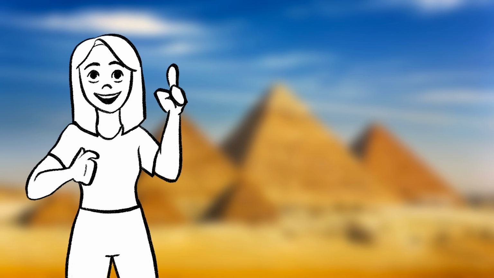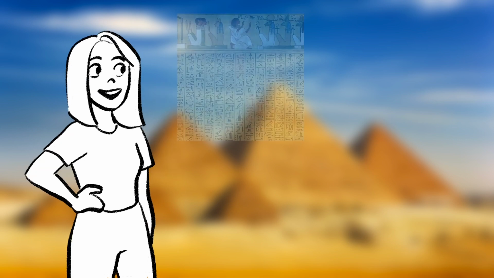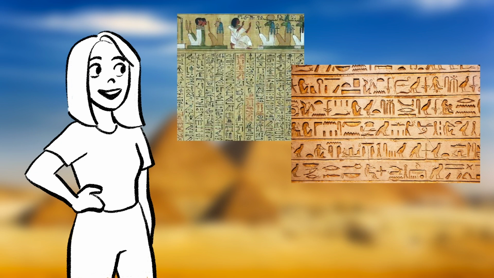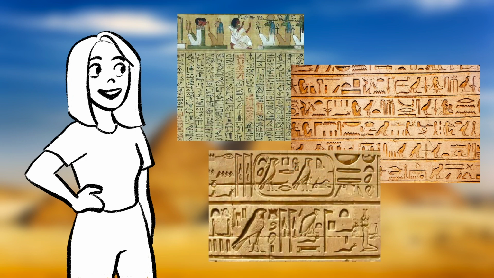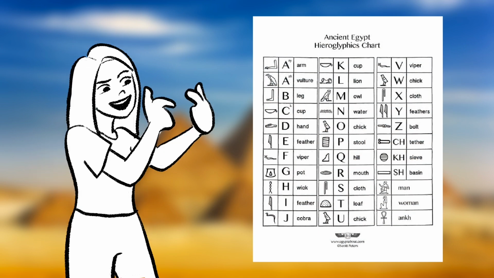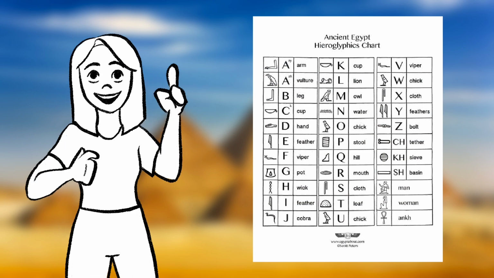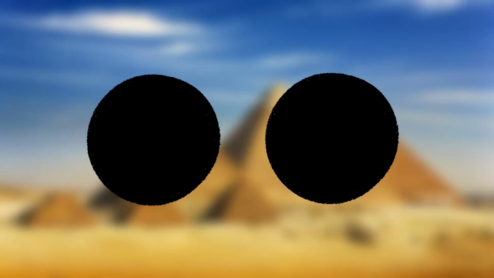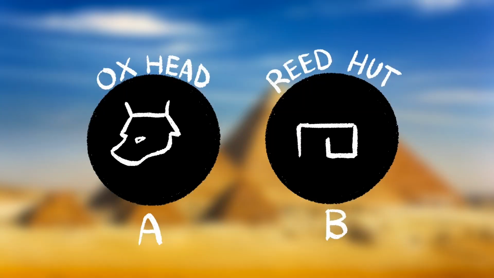We begin our journey all the way back to ancient Egypt and their form of written language, hieroglyphs, which were little pictures to represent a word or a sound. Now, there were hundreds of hieroglyphs for everything, so what people would do in the day was mix and match hieroglyphs that represented sounds to create their word. Let's start with letters A and B, whose Egyptian hieroglyphs are an ox head for A and a reed hut